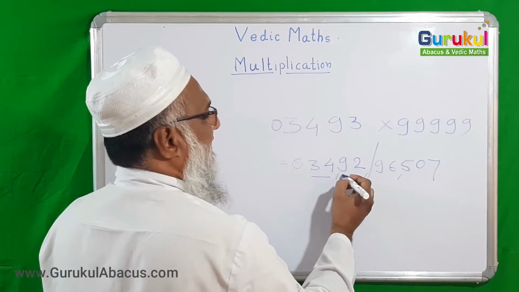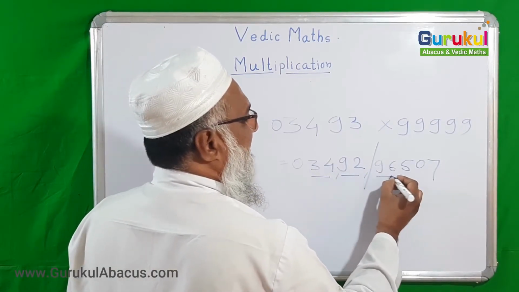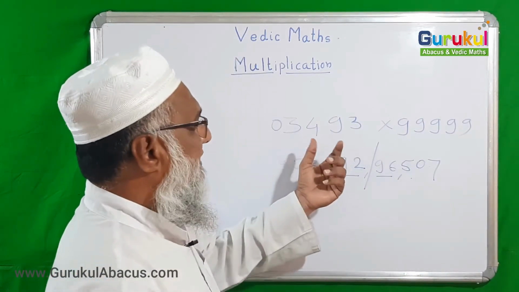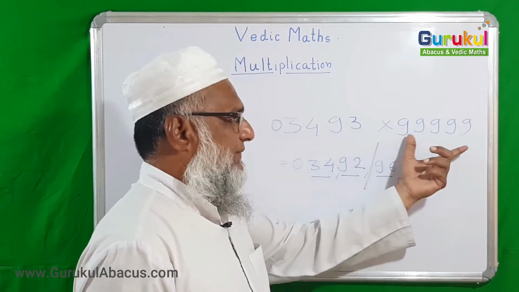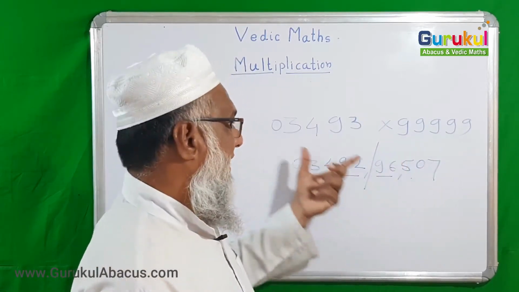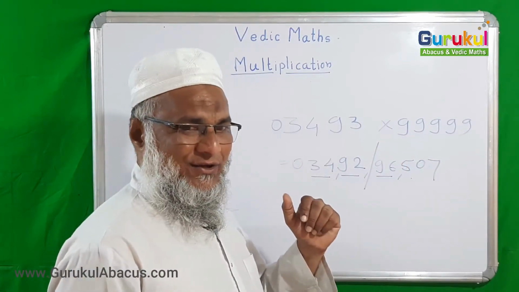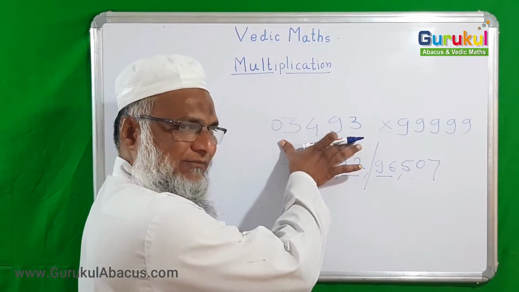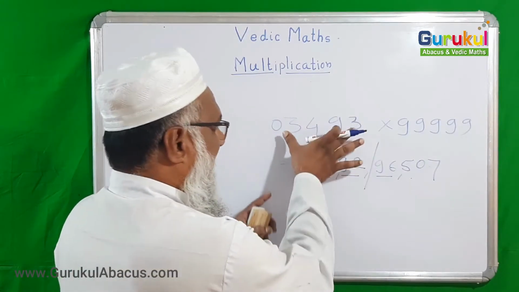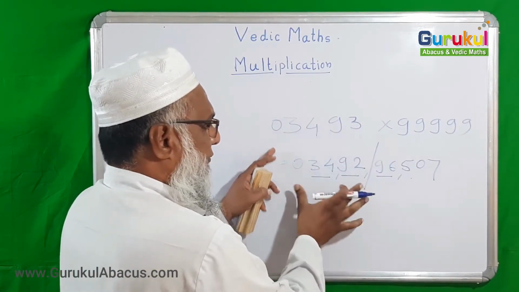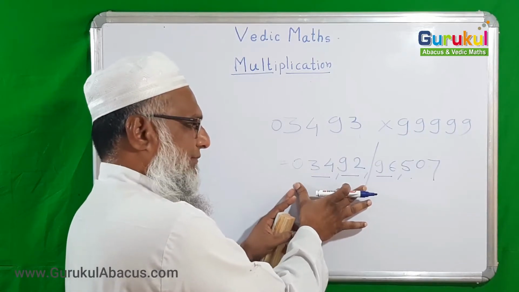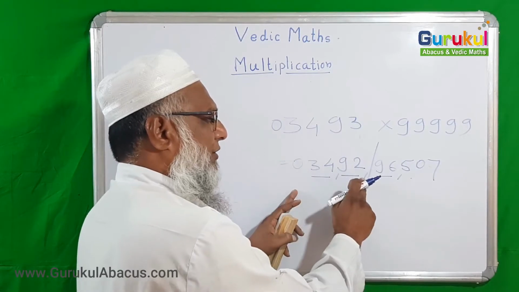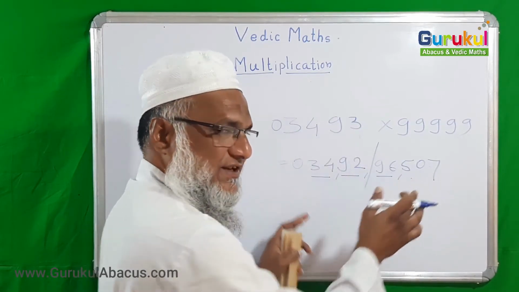34 crore 92 lakh 96,507. Here again, to understand, one number was 5-digit, which was the greatest number, and another number was 4-digit. So what did we do? By adding 0, we made it a 5-digit number for our understanding, and from that 5-digit number we subtracted 1 to write the left part of the answer. Then by the regular method, we subtracted all those digits, including 0, from 9 to get the further part of the answer.